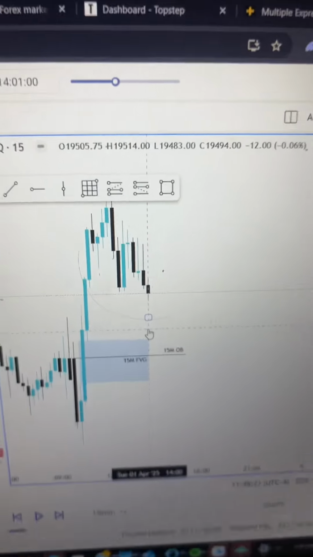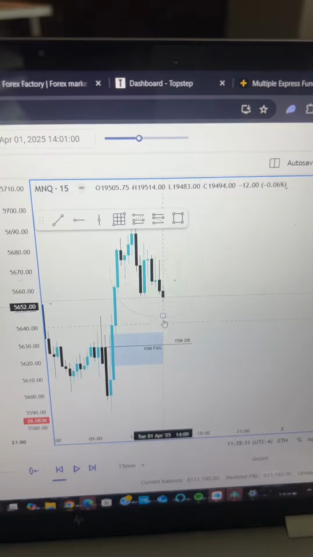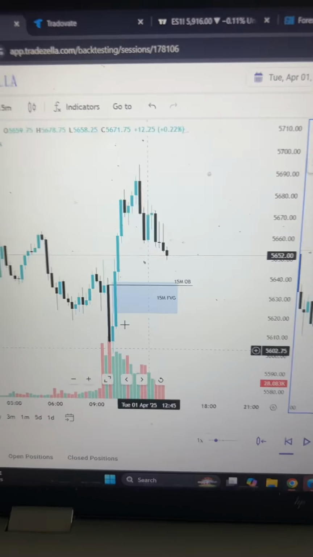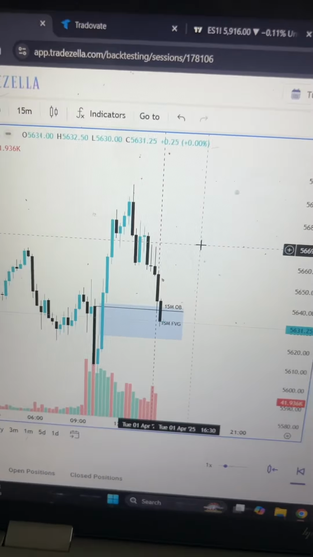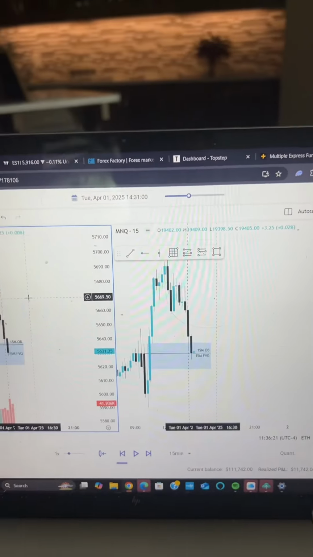Okay, so the 2 p.m. candle opens right here. I trade the 10 a.m. and the 2 p.m. candle. And below price, there's two 15-minute PD arrays. There's a 15-minute fair value gap and a 15-minute order block on both ES and NQ. So price on both manipulates down into these bullish fair value gaps, and now we're wanting to catch the distribution